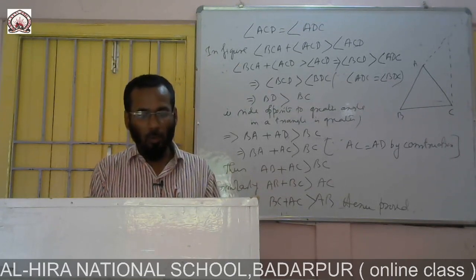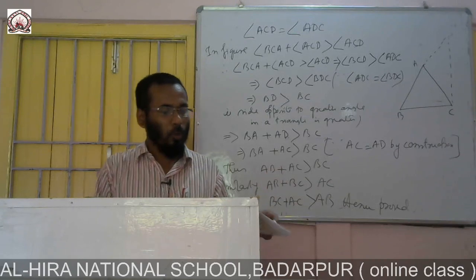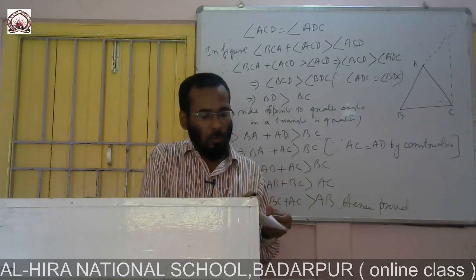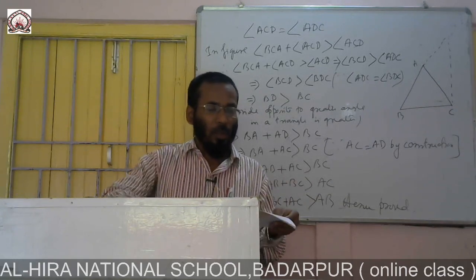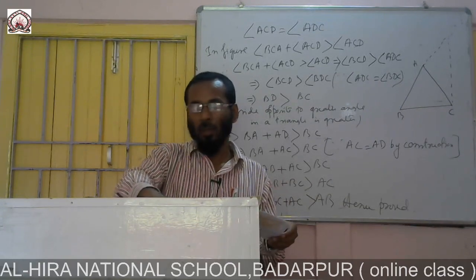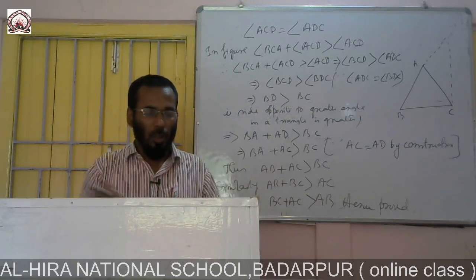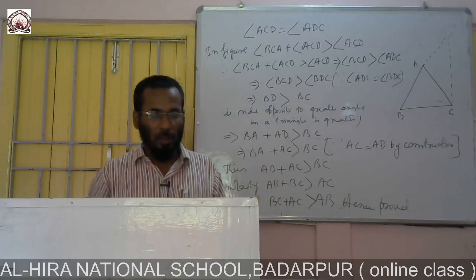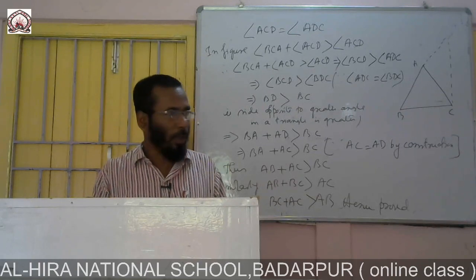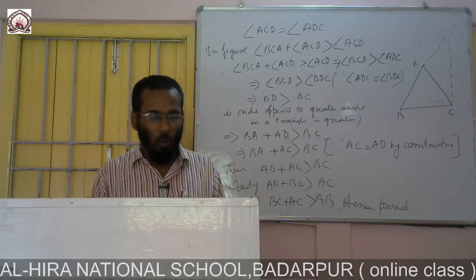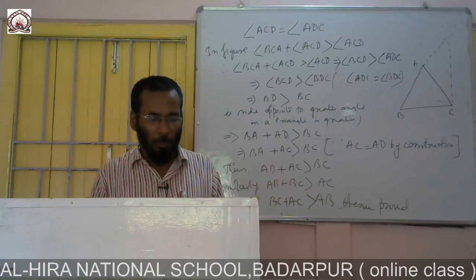So, exercise 7.1, time is short, but I will give some hints. Example: page number 7.1. First of all, the question is, in a quadrilateral ABCD, AC is equal to AD and AB bisects angle A, see figure. Show that triangle ABC is congruent to triangle ABD. What can you say about BC and BD?